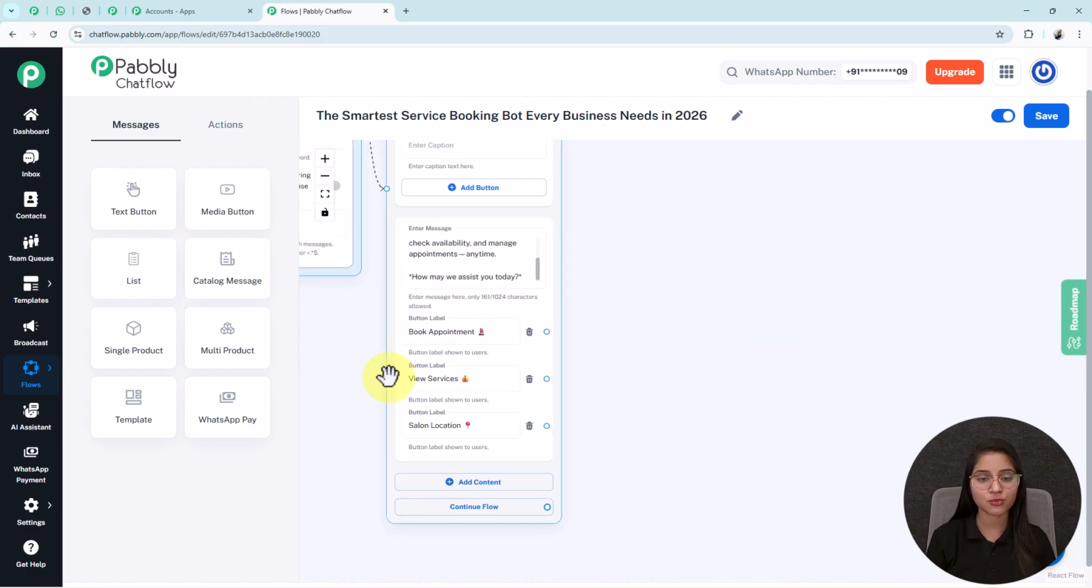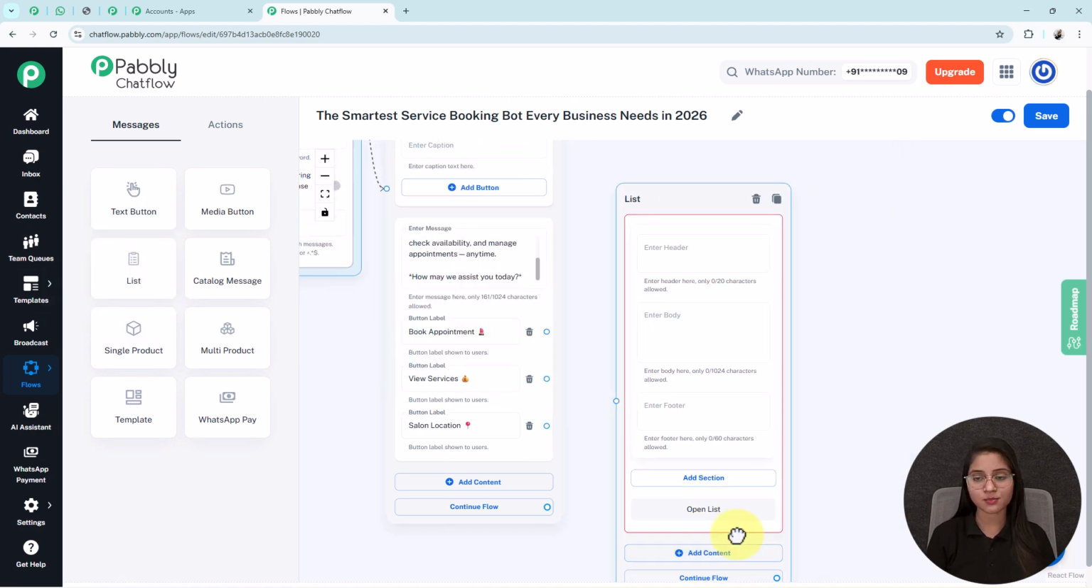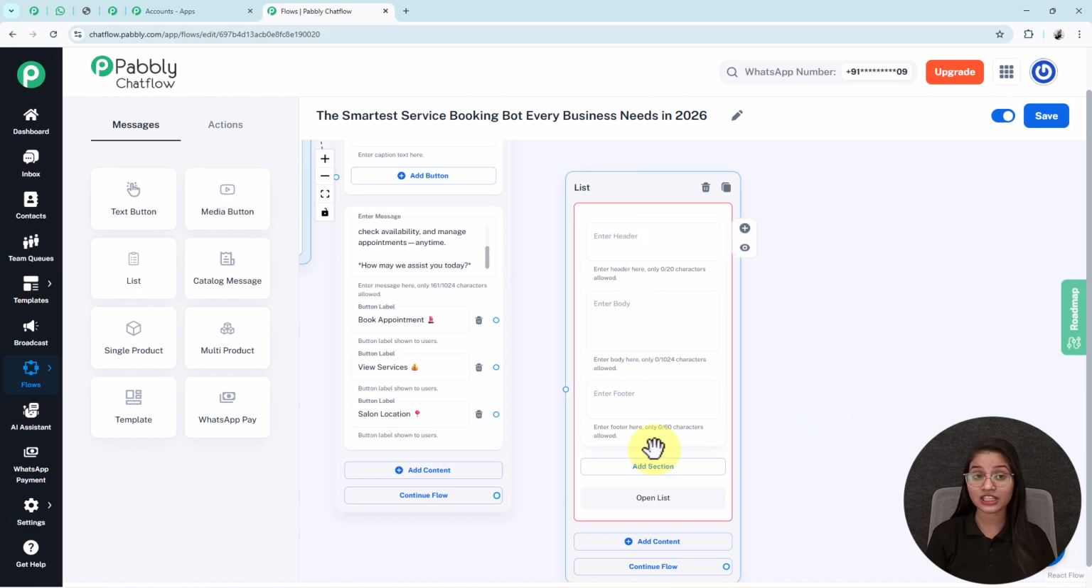Let's assume my user wants to book an appointment. Then they will click on this book appointment button. Then my bot will reply to them by sharing the list of types of services that I am providing. For that, I am adding one list button from here. Going to drag this box and you can see that this list button is divided in 3 parts,